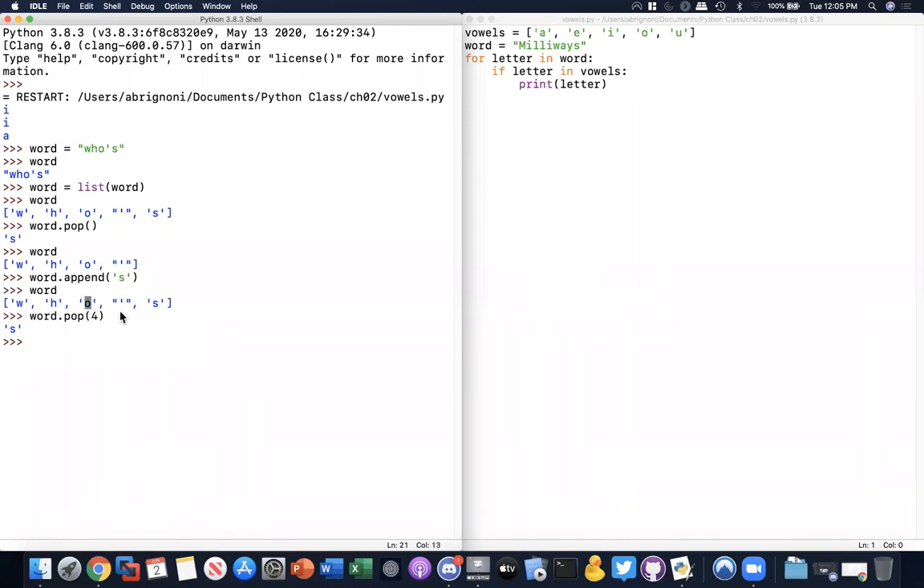Position 1, position 2, position 3, which is the single quotation there, and the S is 4. So we're taking 4 out, it brings it out. Confirming, and there you go. So you can pop by itself, the last entry, or you can pop a specific point or location within that